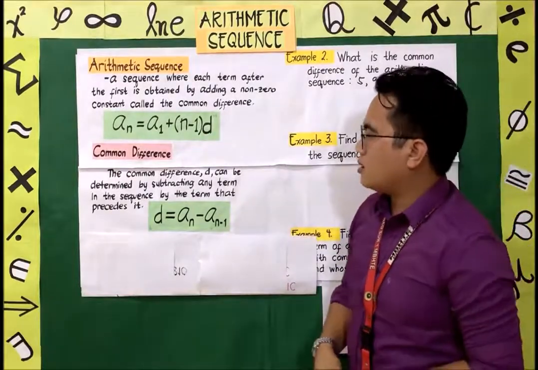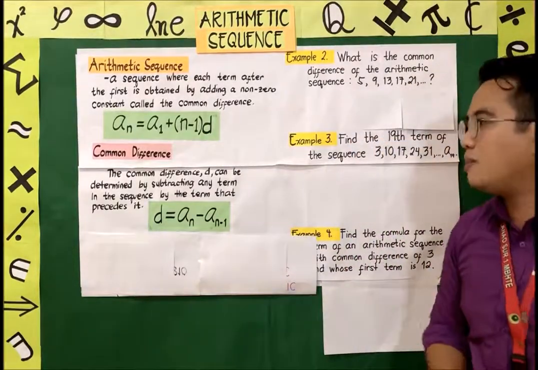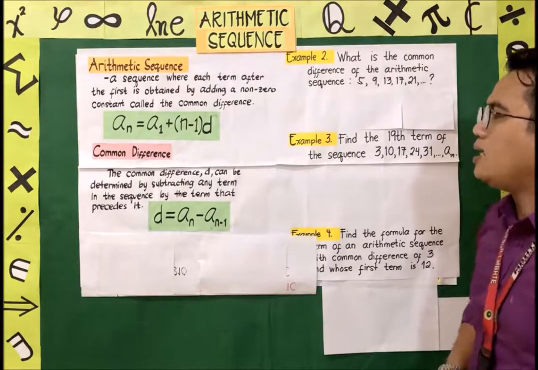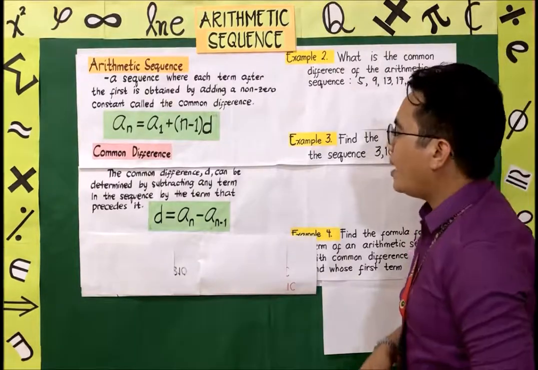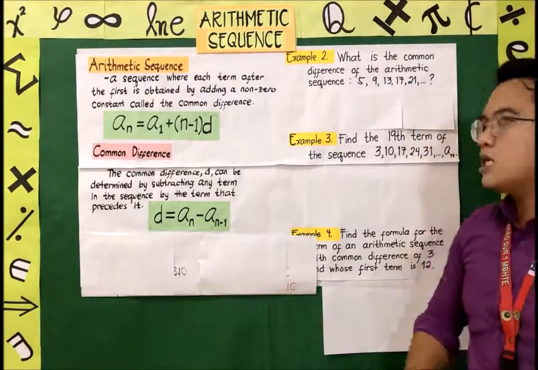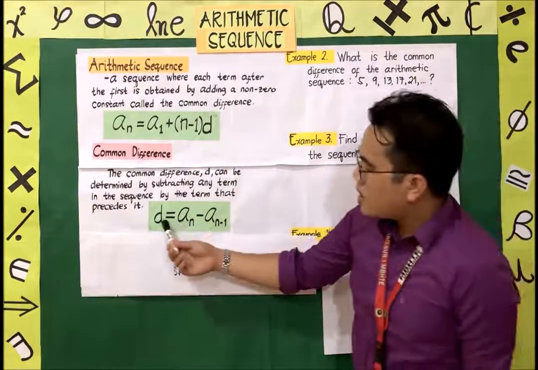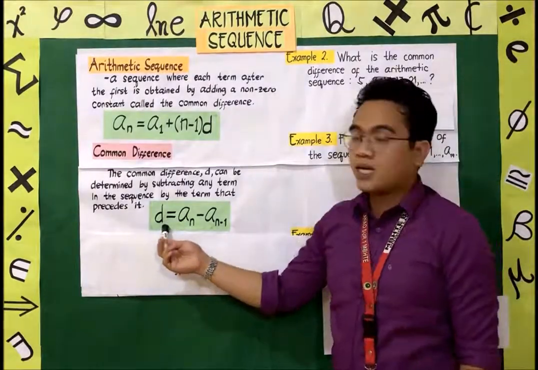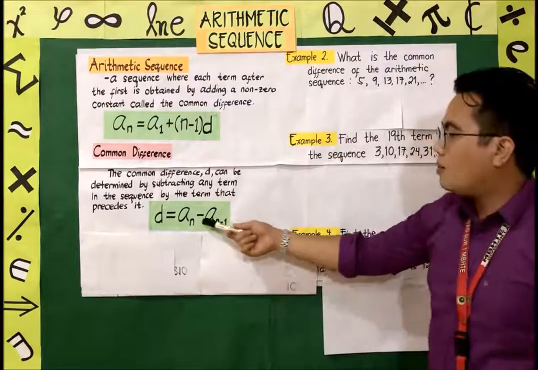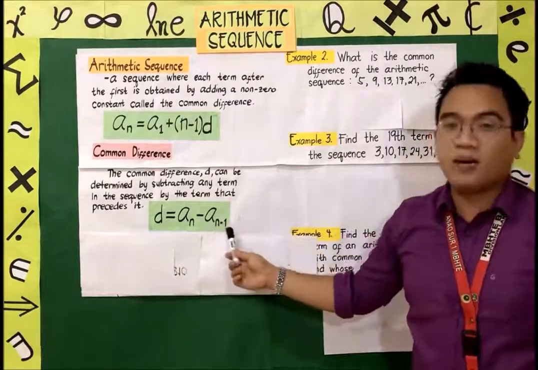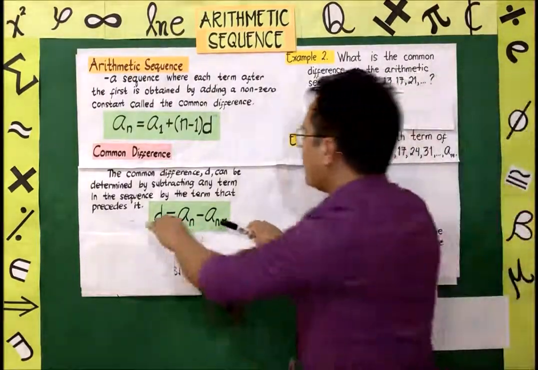Common difference. The common difference d can be determined by subtracting any term in the sequence by the term that precedes it. So the formula for the common difference is d is equal to a sub n minus a sub n minus 1. Okay, so for example